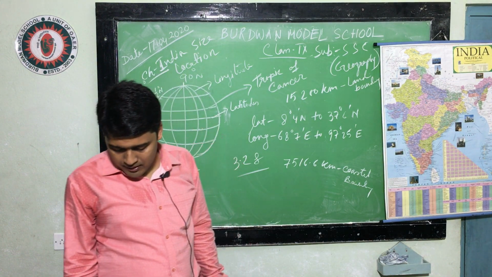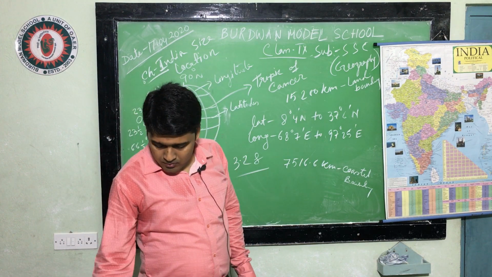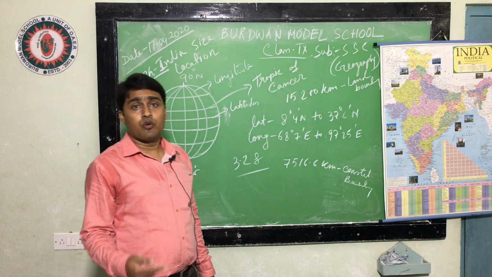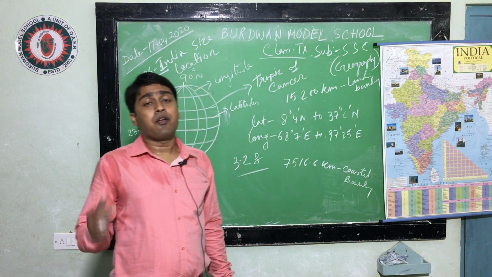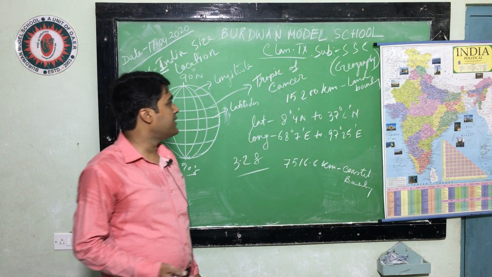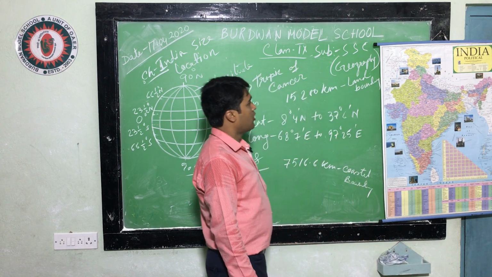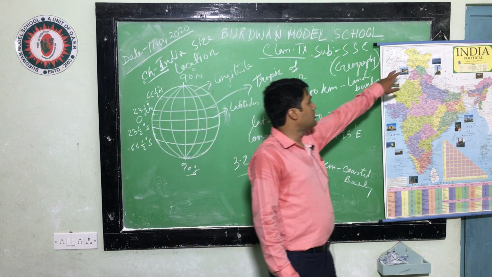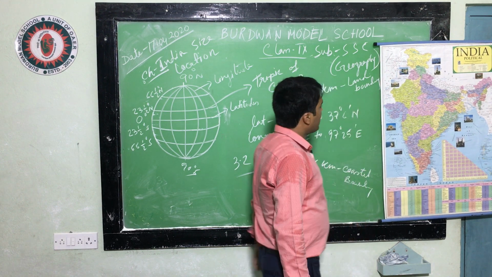And also you will see there are so many maps, like the world map in that chapter, and also the India physical map and Indian political map. And at present, you know, there are 28 states and 8 union territories. Also the newly formed union territories, Jammu Kashmir and Ladakh, you know that.